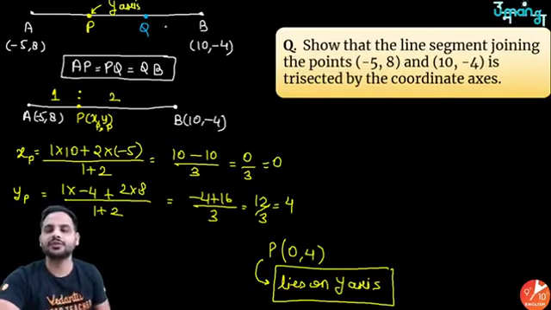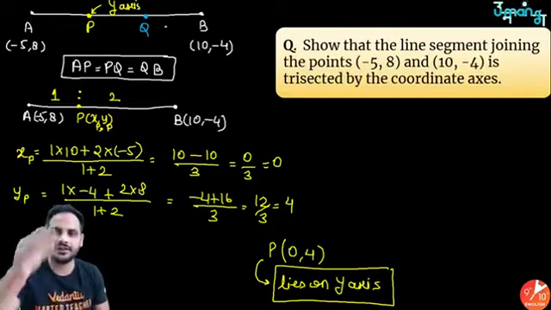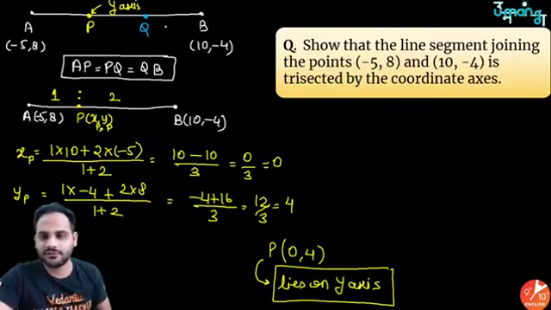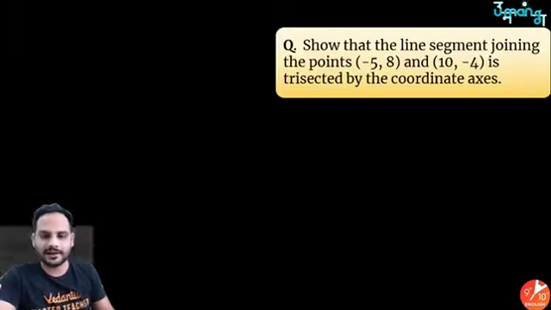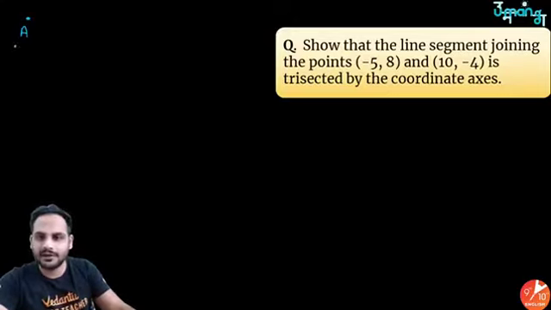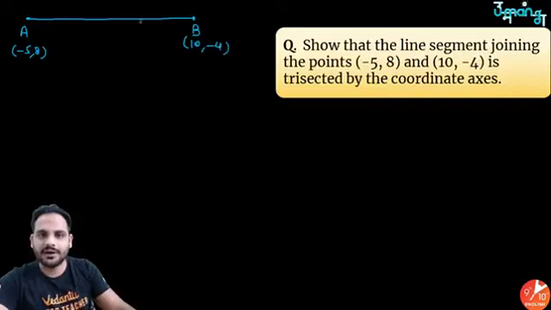Let's see whether Q is present on x axis or not. If P is on y axis and Q is on x axis, I can clearly say the coordinate axes are trisecting this line. तो चलो, let us see what is the coordinates of point Q. अब Q के लिए बेटा देखो, diagram will be bit different, है ना? A is here, whose coordinates are minus 5 comma 8. B is here, whose coordinates are 10 comma minus 4. And this time Q is somewhere over here. Let's say xq comma yq is the coordinates over here, and the ratio is 2 is to 1, because this is the 2 parts, here only 1 part.